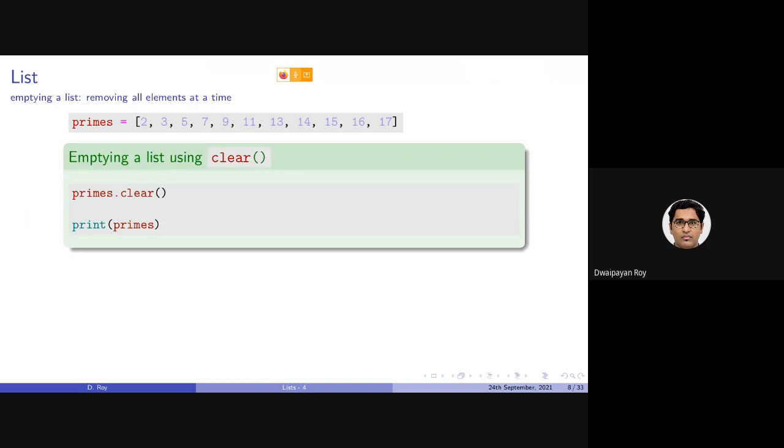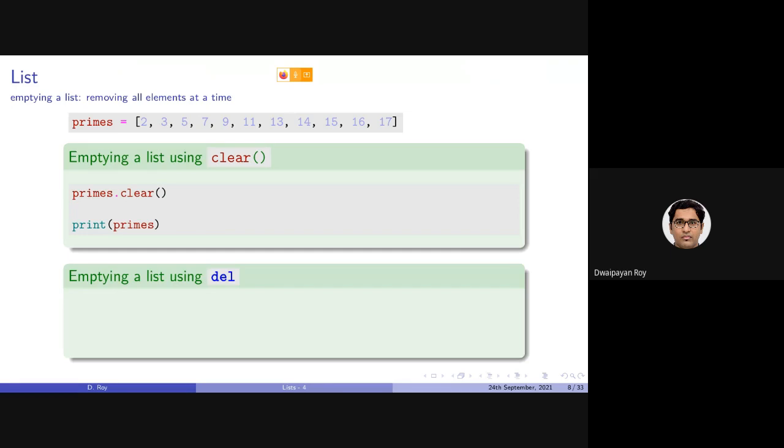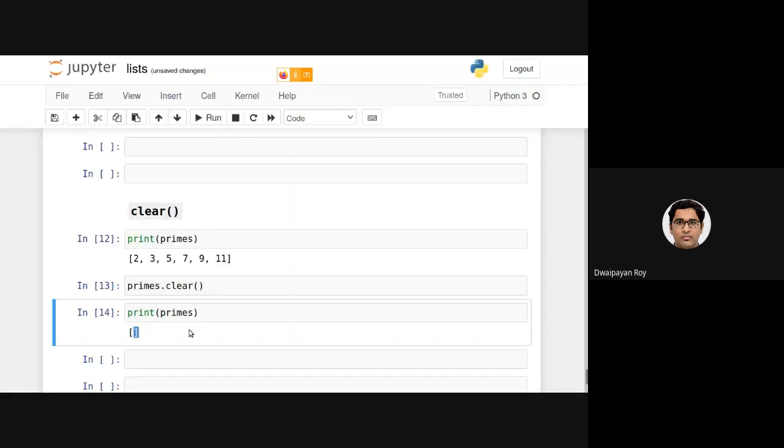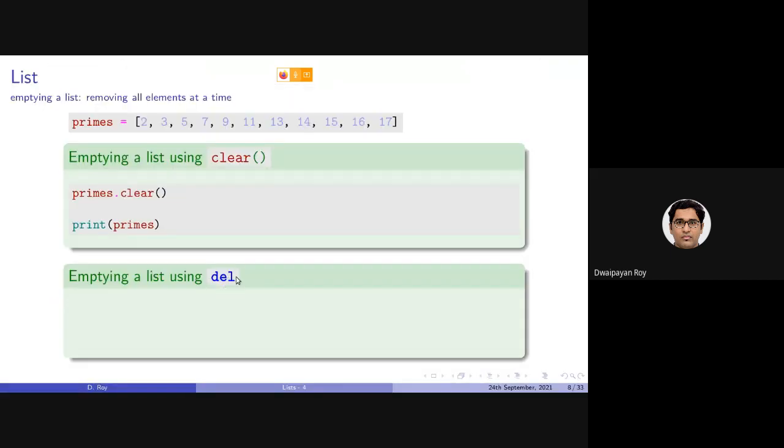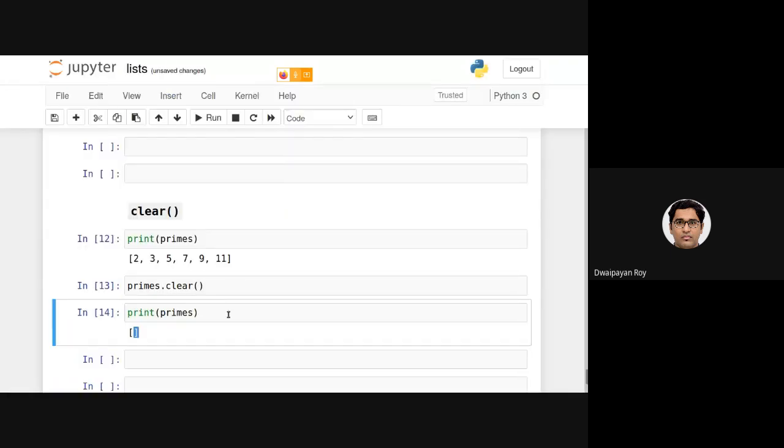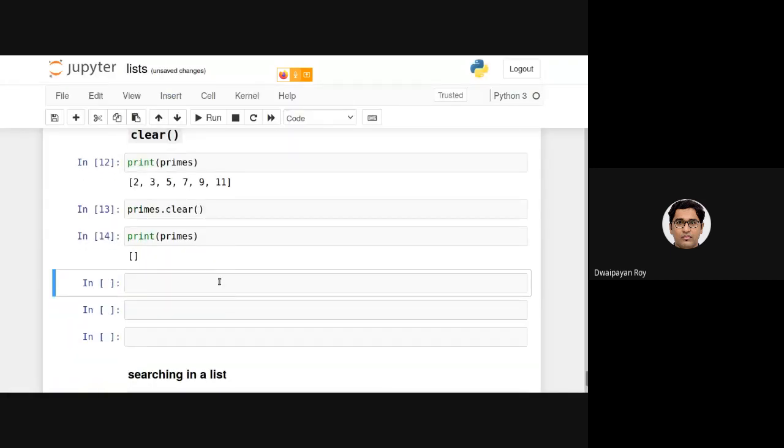Now, we have already seen a similar way of doing that using the del keyword, right? But note that there is actually a difference. Can some of you specify what the difference is? Let's say I have a list L, 1, 2, 3.